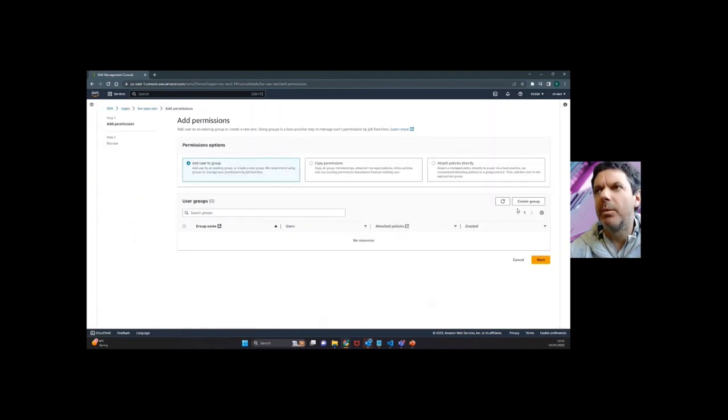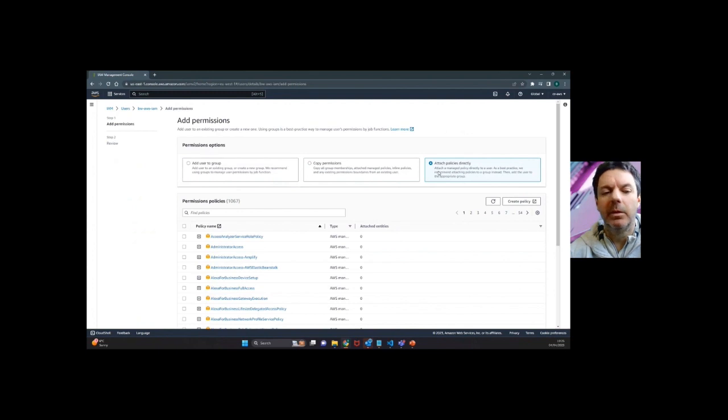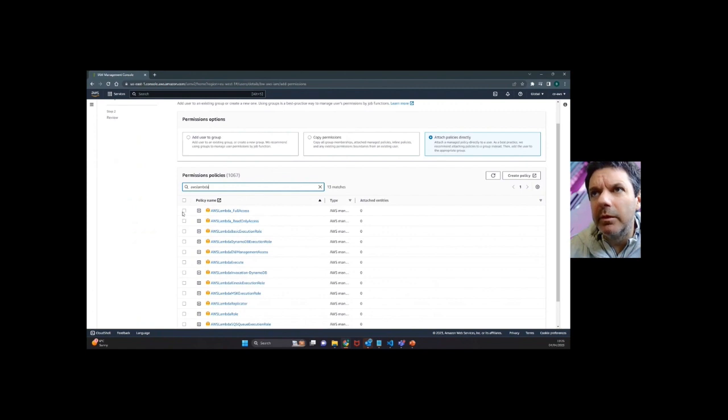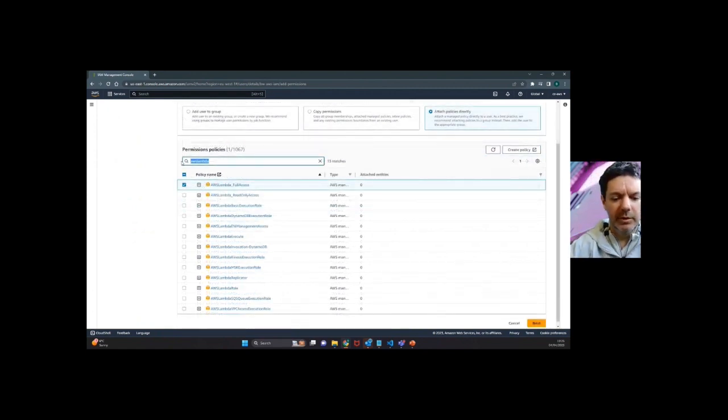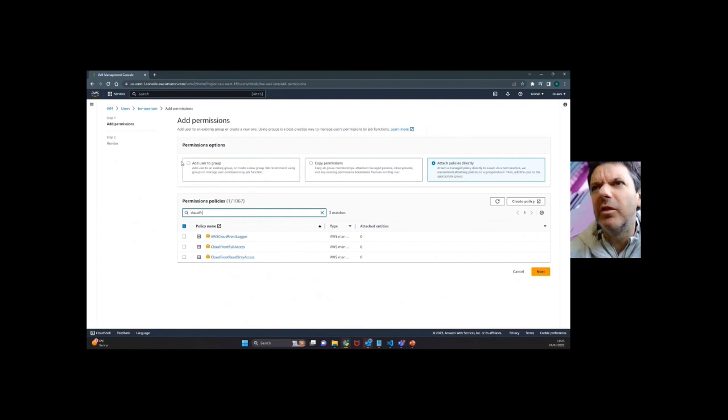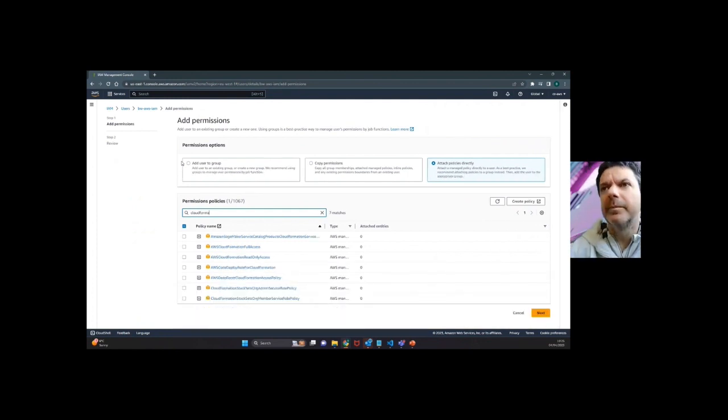We're going to attach the policies directly, and under here we're going to search for AWS Lambda, and you can see there's a whole bunch of policies associated with AWS Lambda. We only need this one. Also the CloudFormation one I mentioned. We need full access for that. We want API Gateway,